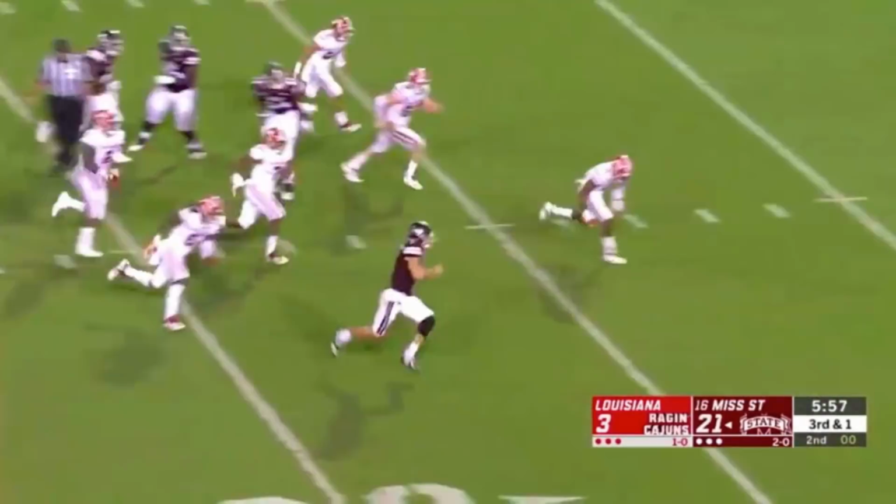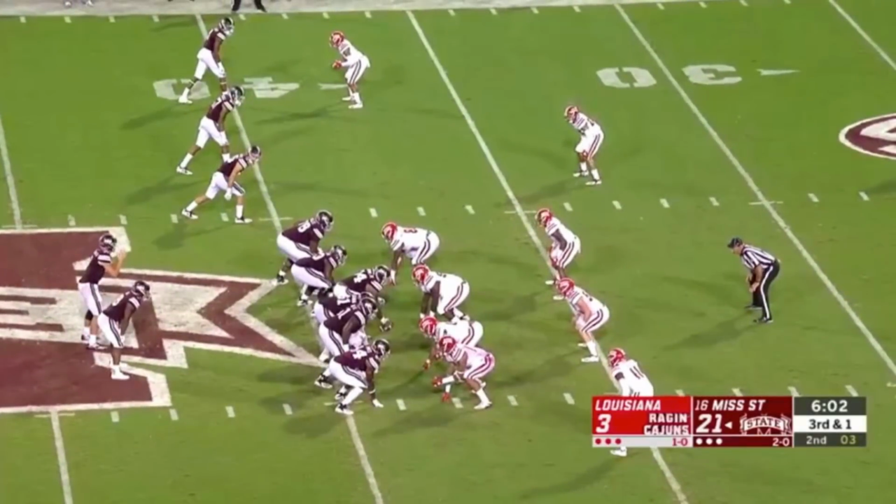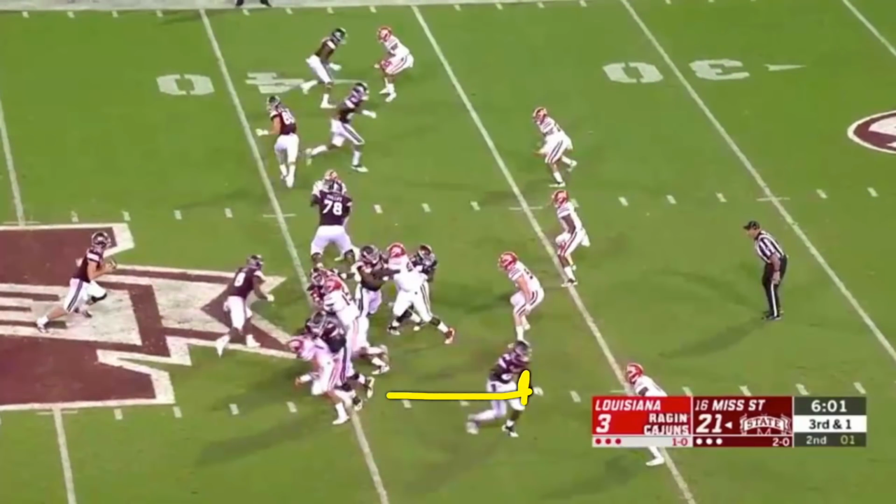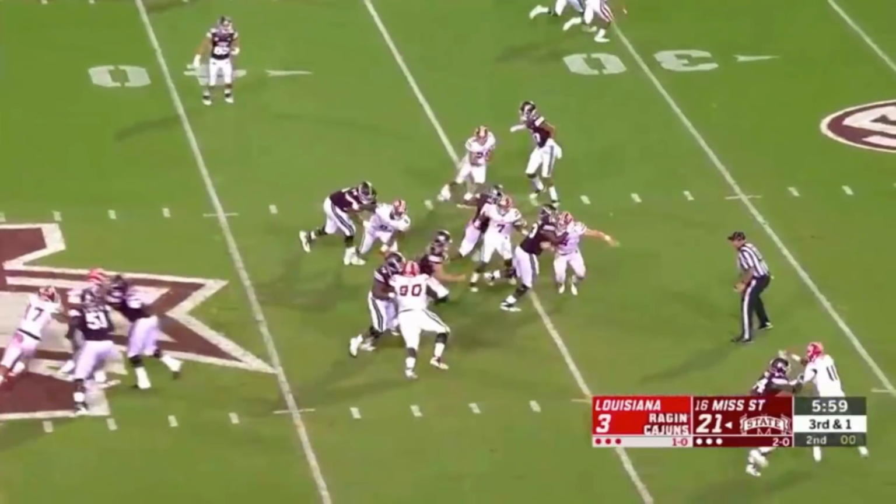But I'll show you, there's a lot of positives on the offensive line, first of all. If you look at this side, they get everything turned back this way to kind of create that space. Tight end has released to the next level. Center stands up the big nose guard. Right guard Calhoun's doing it. And right here, you're going to get a knockdown at tackle. That side did an excellent job on this play. And I'll show you